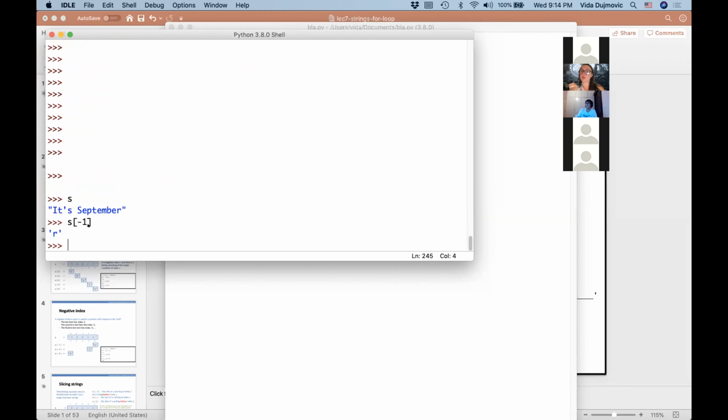But even more importantly, it would be confusing because 0 and minus 0 are both 0. So do you want me to start from the beginning or from the end? So when you're using negative indices, you start at 1. So R here is in position minus 1. If we do minus 2, we're going to get second from the back. If we do minus 3, we're going to get third from the back, and so on.